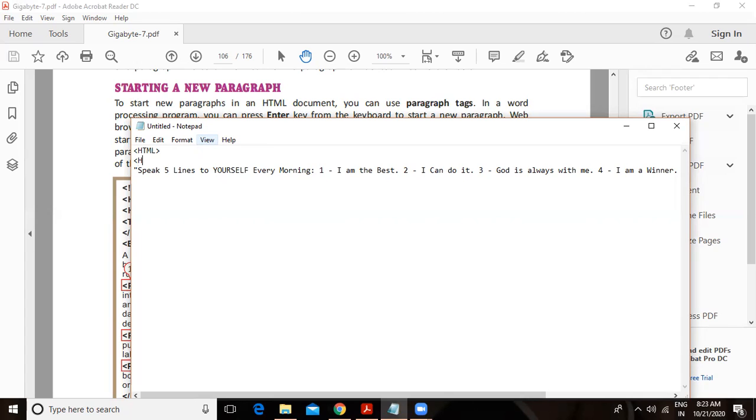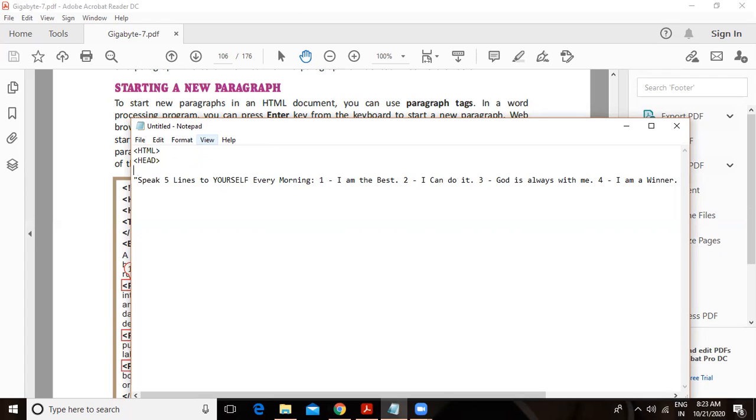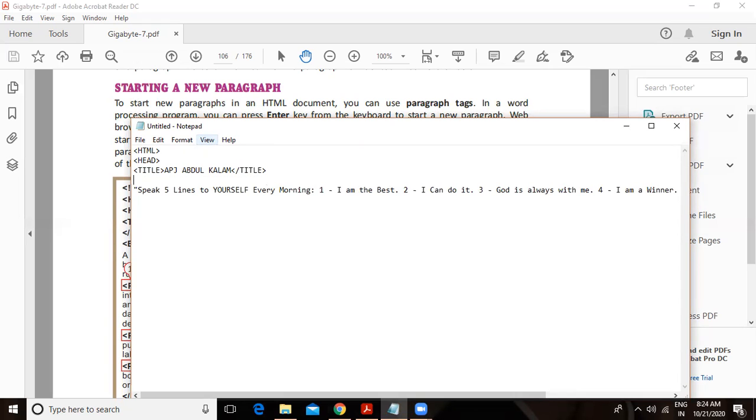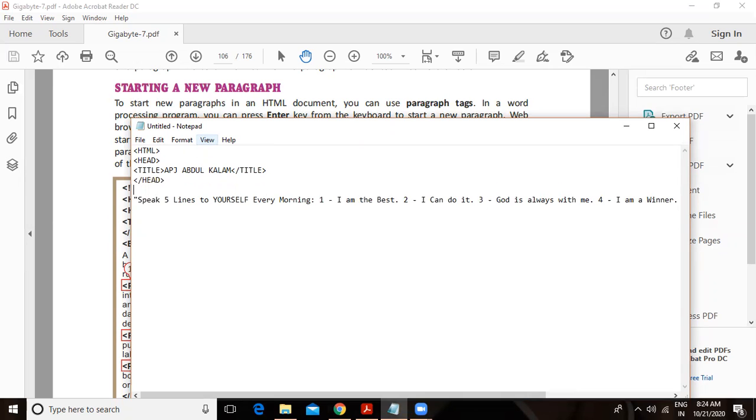So HTML, head, title. In the title tag, I want to keep it as APJ Abdul Kalam. Now, I will just close the title tag, close the head tag, and start with the body tag.